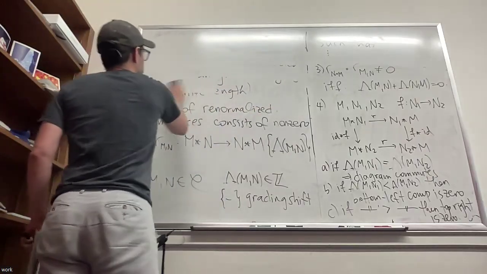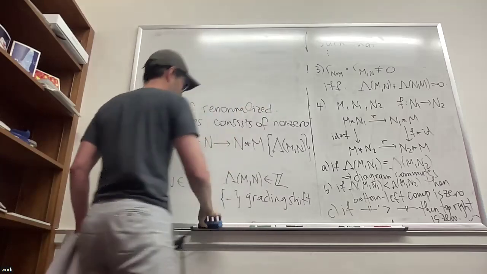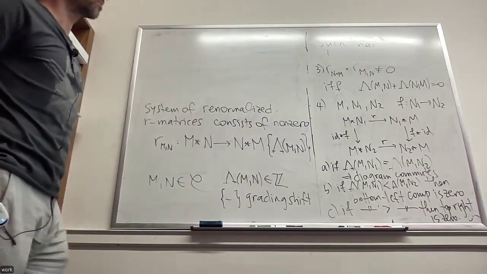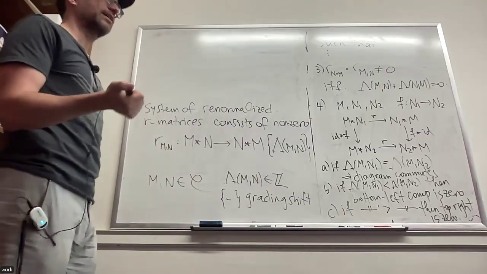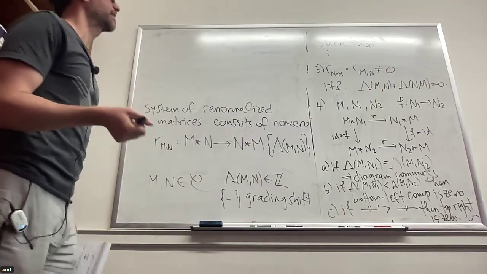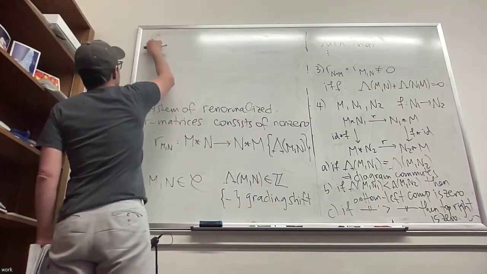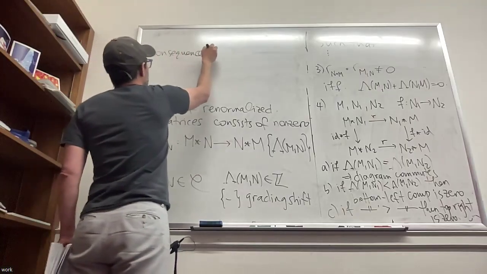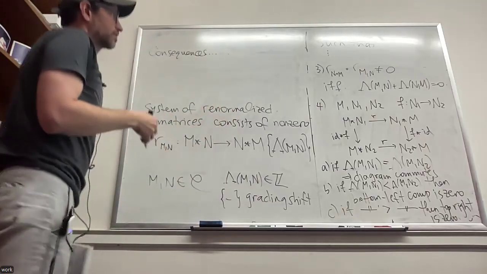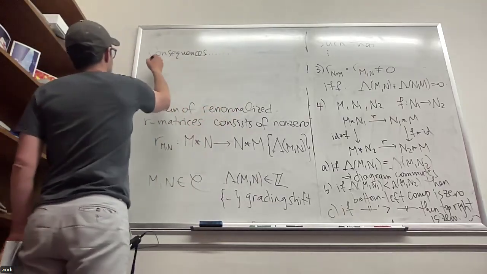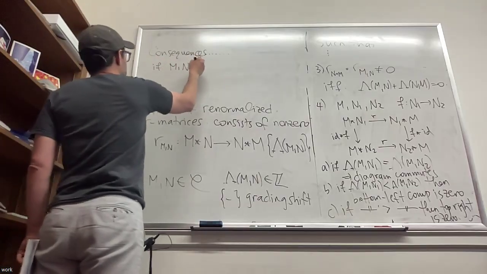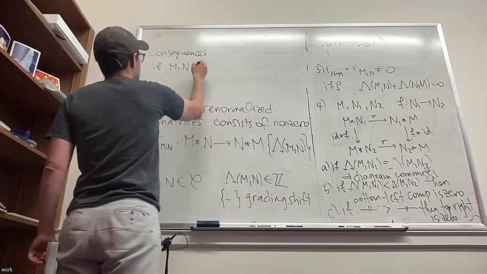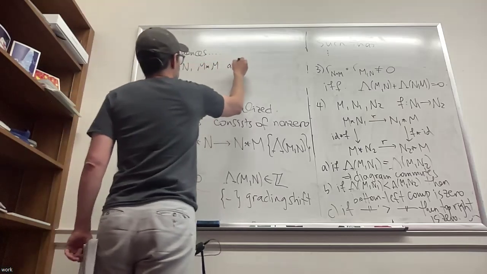One of the beautiful things that they show in this theory, in a series of papers, is, for example, that an Abelian category of finite length with such renormalized R-matrices satisfies many nice properties. There are many consequences of having such a structure, but in particular, if M and N are simple, let's say both M and N and the composition of M with itself are simple,